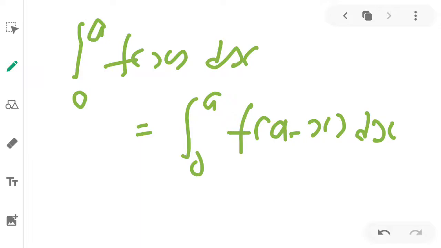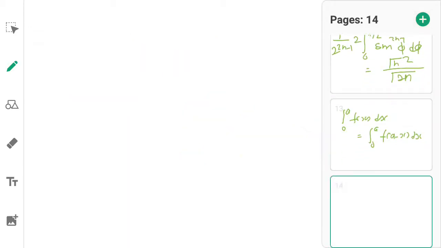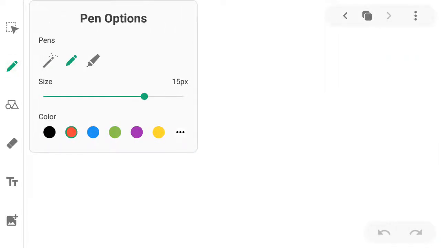Here we have integral 0 to pi by 2 sine to the power 2n minus 1 phi d phi. So it will become integral 0 to pi by 2 sine (pi by 2 minus phi) to the power 2n minus 1 d phi. Okay, writing the next step using this property, we can write